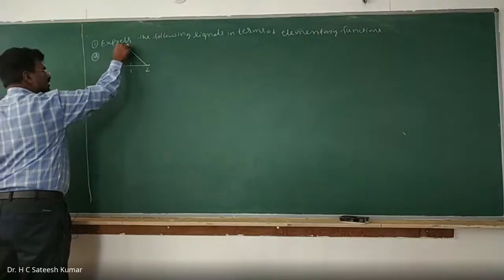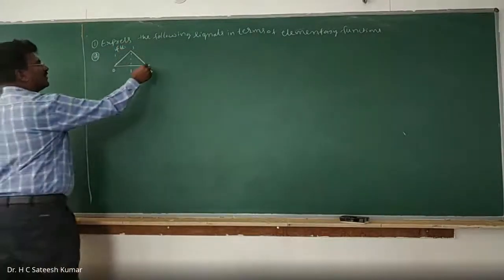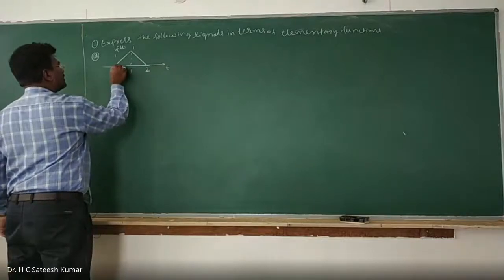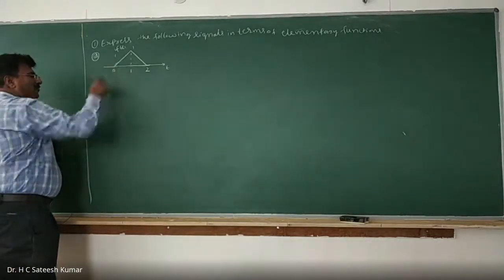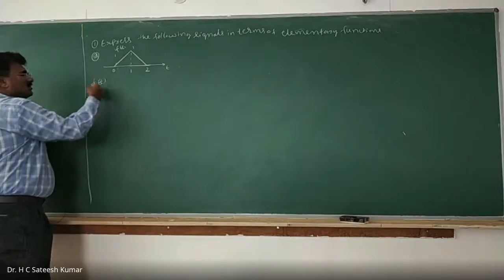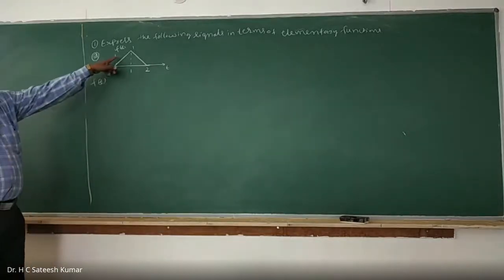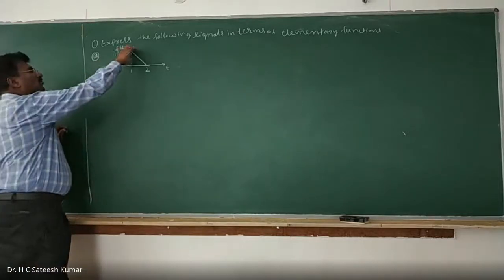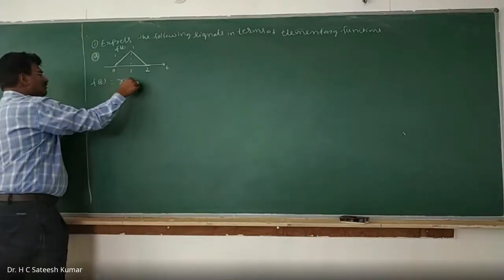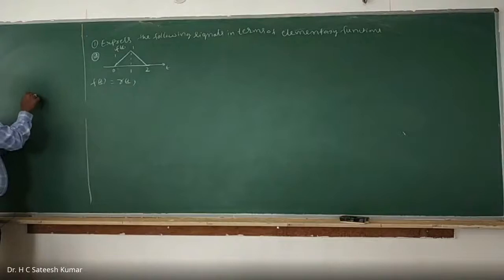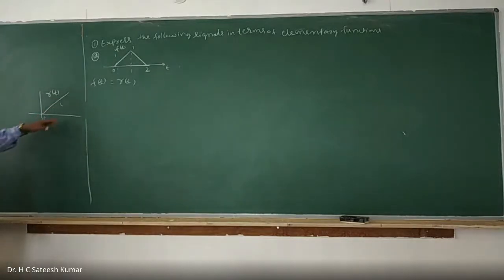You call it f of t. Its value is equal to 1. You should carefully learn this one. When you are learning it in the beginning, it looks difficult, but later on, after 1 or 2 problems, you can easily understand it. Starting from 0, ramp with a slope of 1. Starting from 0, the ramp is what you call r of t. So this is your r of t as we have defined. This is starting from 0.